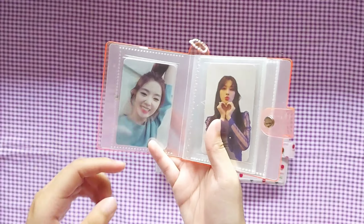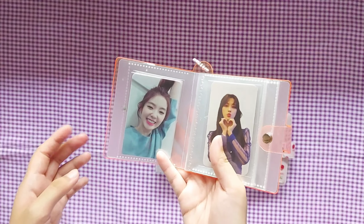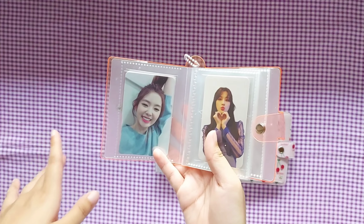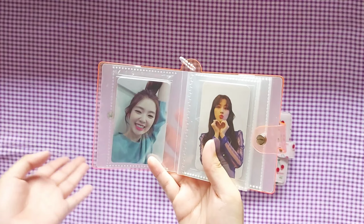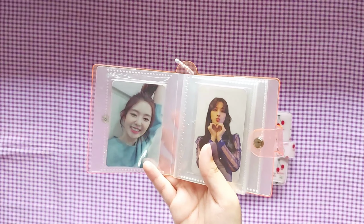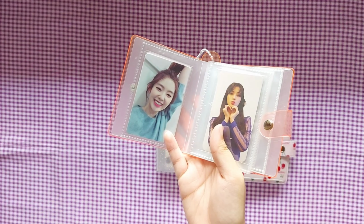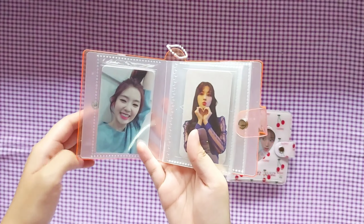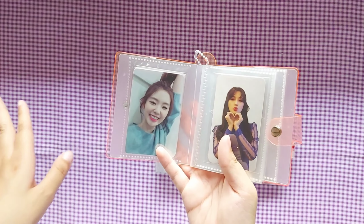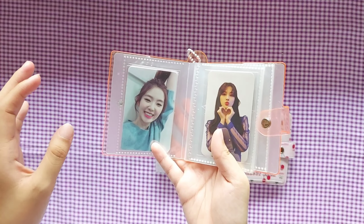So as I was saying, this Irene photo card came from their Perfect Velvet album. I remember having a dilemma while I was in the store, which album I would buy, if I would buy Red Velvet's latest album or I shall pick this one. Of course, yeah, the kids got out. So of course I chose Perfect Velvet because to this day, Perfect Velvet remains my top Red Velvet album because